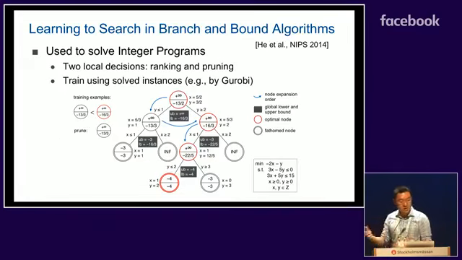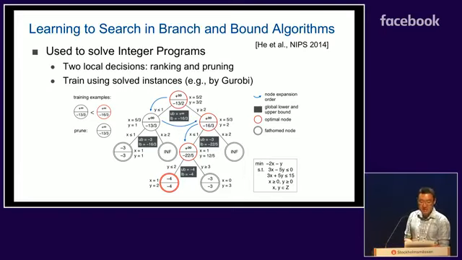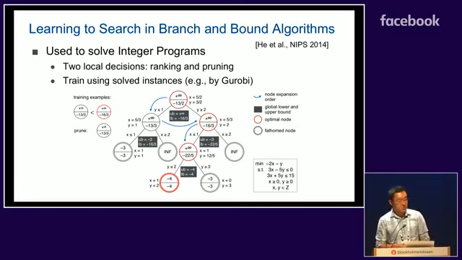And so here's one completely different example of learning to search, which is learning to search in branch and bound algorithms. So this is used to solve things like integer programs, right? Integer programs are typically solved using a search heuristic known as branch and bound. And you see a depiction of this at the bottom, where basically, at each part of the search process, you choose an integer variable